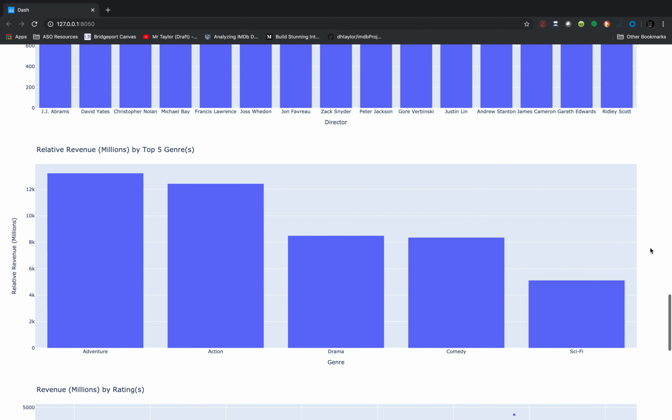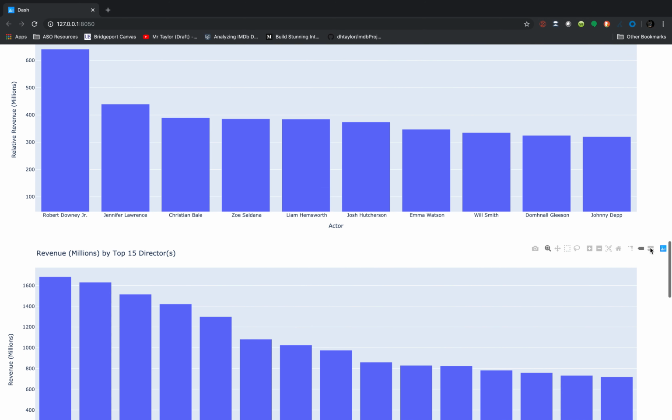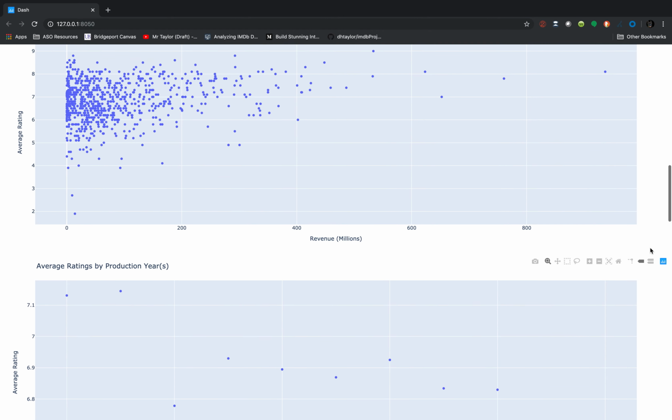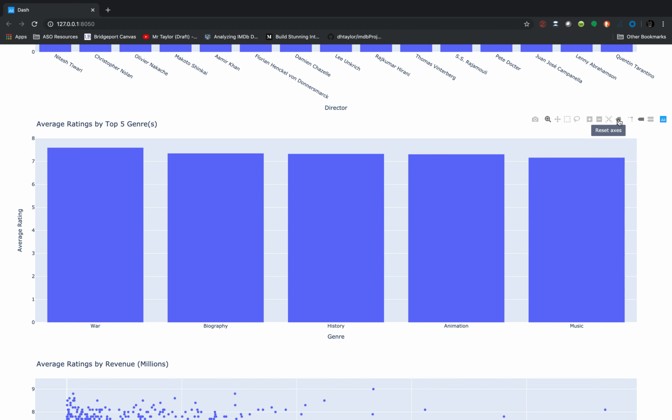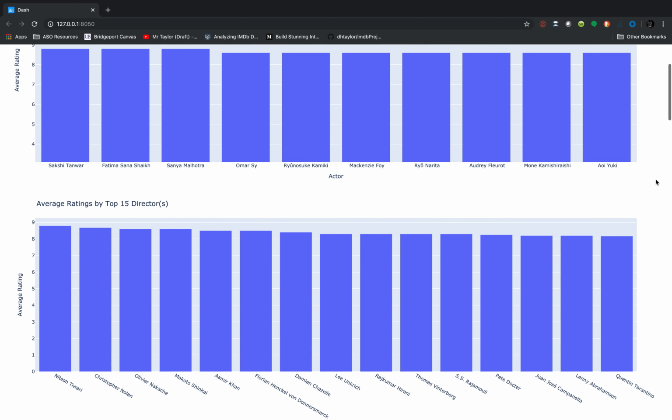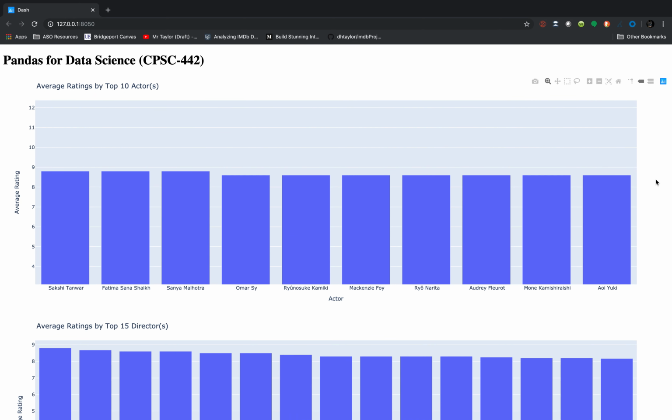And then it's interactive in terms of if you've done something and moved things around or what have you, like in this particular case where we subsetted and only selected 2, you can click reset axes and it will take you back to where you were. And this is all through the Plotly library, which is pretty nice. So anyways, that is my project, and